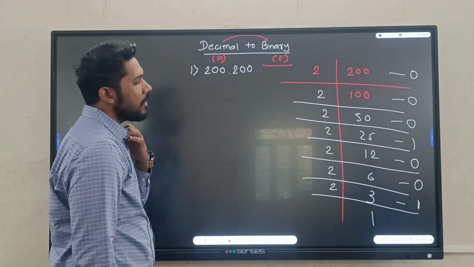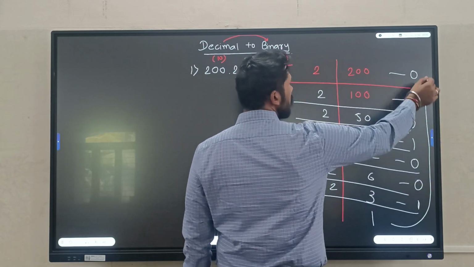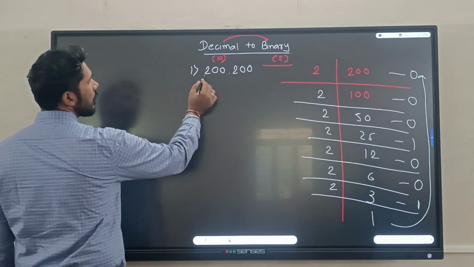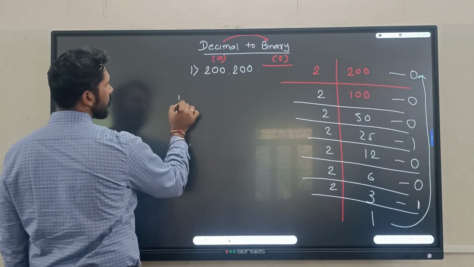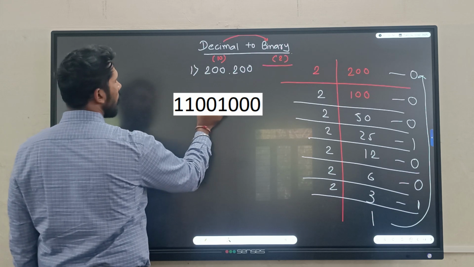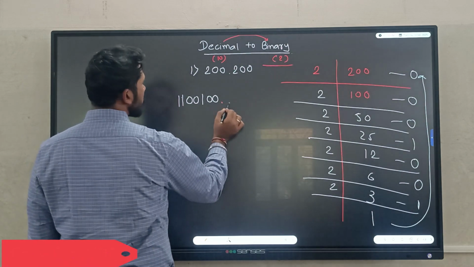Now we write the remainders in reverse order, or the opposite side. The conversion of the decimal number 200 is 11001000. Now for the fraction part,